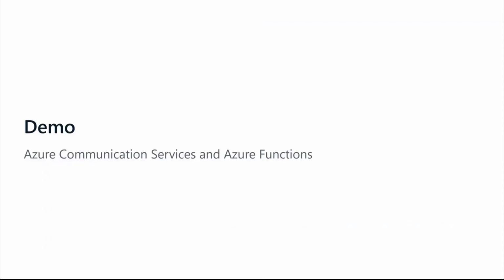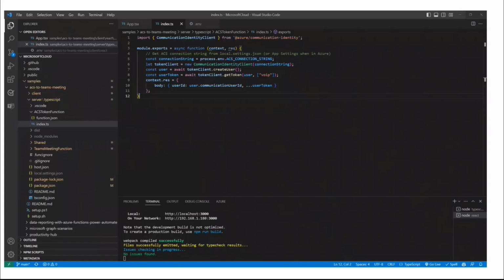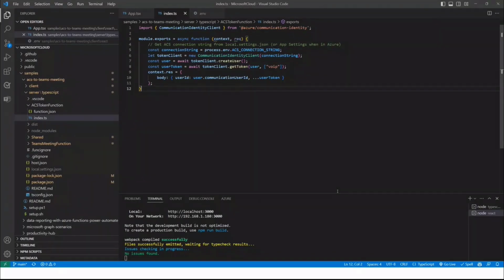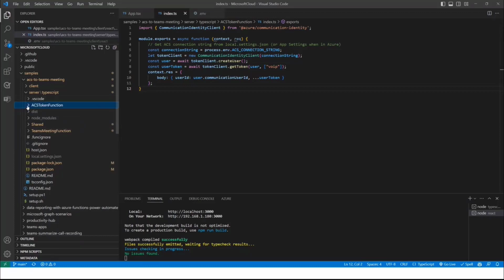I want to quickly show you how we do that in our code. Let's quickly go to our code and then I will run the app. First of all, if you joined the previous sessions in the community call, you may realize we've been going through the same app in the past 5 weeks. This week, we will be focusing on